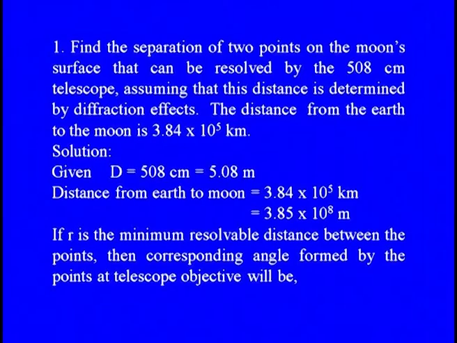Now, in this problem, the diameter of the objective lens capital D is equal to 508 centimeter and the distance from the earth to the moon is 3.84 into 10 to the power 5 kilometer, which will be equal to 3.85 into 10 to the power 8 meter. Now, if r is the minimum resolvable distance between the points, then corresponding angle formed by the points at telescope objective will be